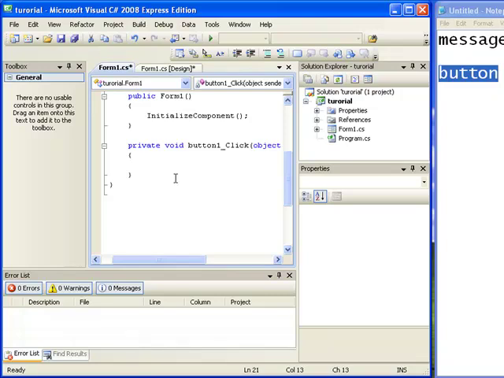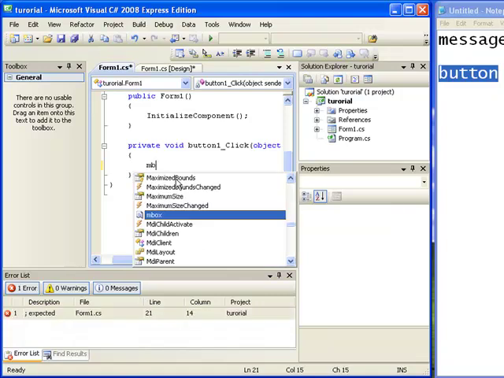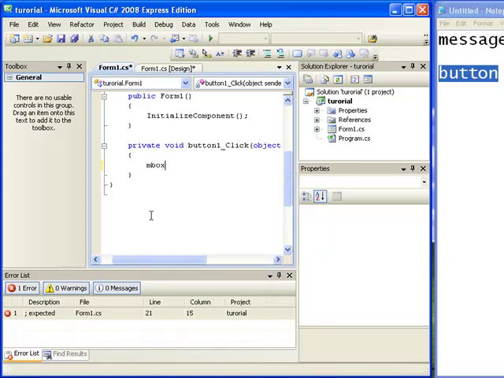Now, to display using MessageBox, I will just type MBox, MB. As you see here, this will show me MBox, which is not the command, but this is the short for the MessageBox. So if I click tab from the keyboard, the MBox appeared here. Another tab, this is the message here. So we need to put text inside here. Let me say hello,